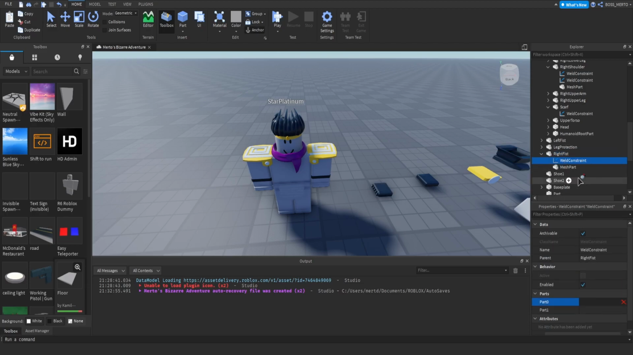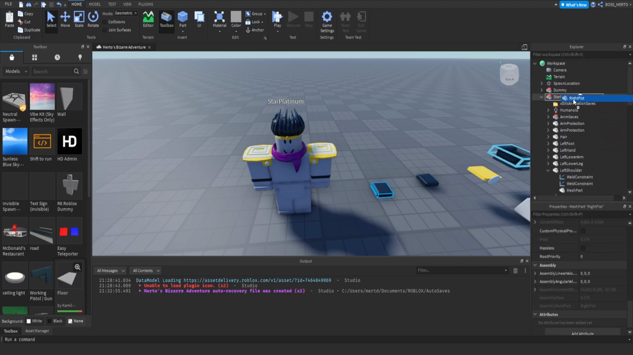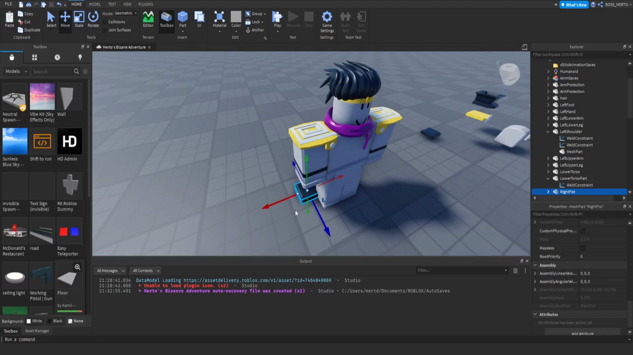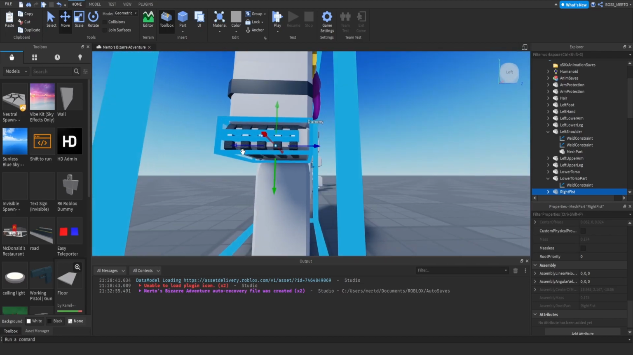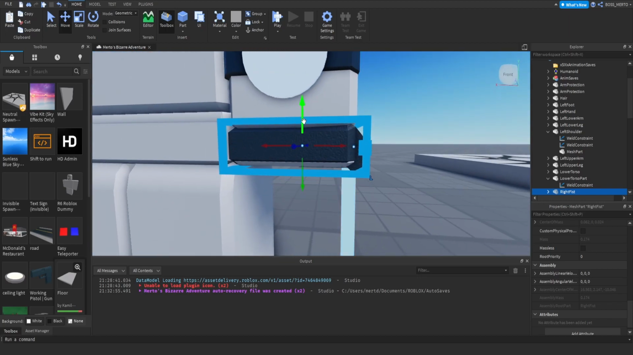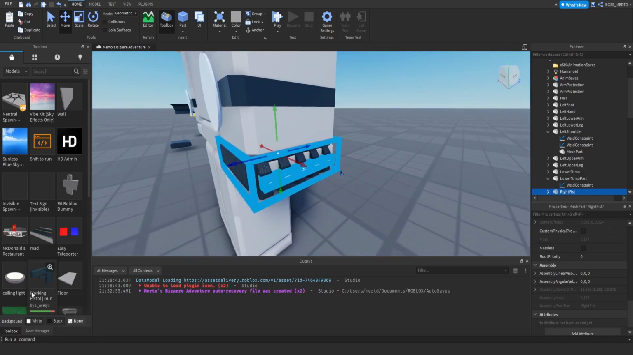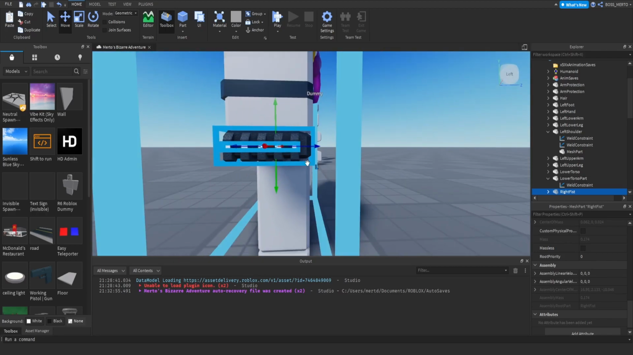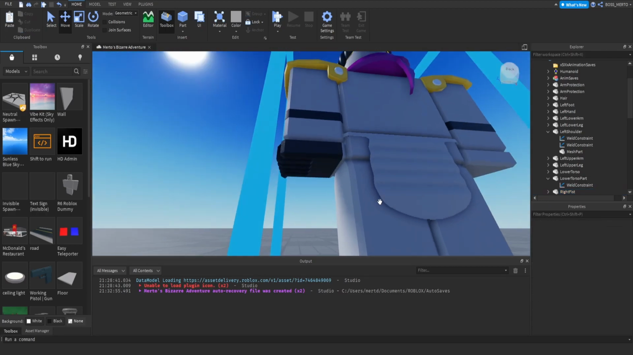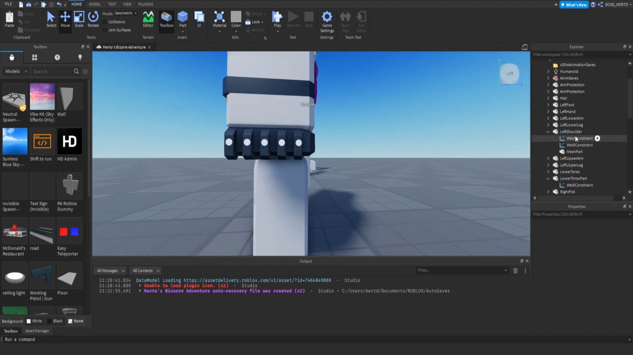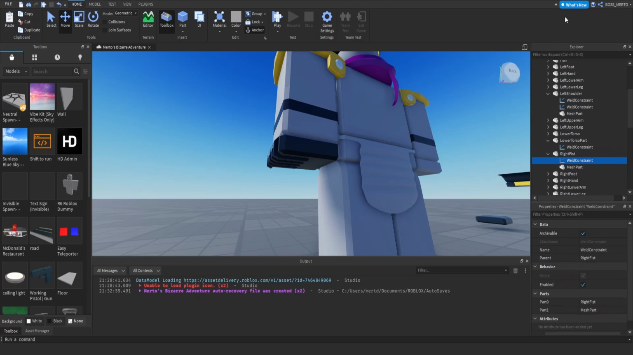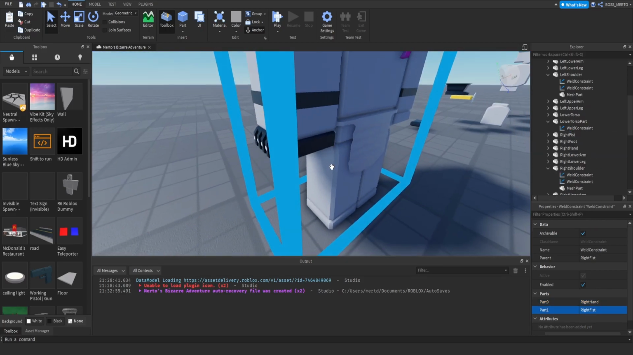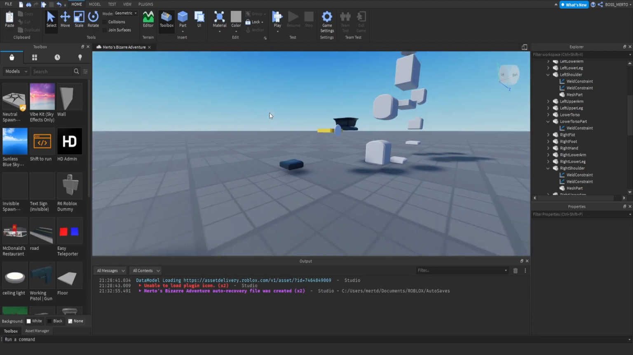So right fist. There we go. Okay, there we go. It actually looks so weird, but well, that's just how it is. Let me change the material. I didn't do that. I don't know why. Okay, duplicate this weld constraint, and so port 0 is our right hand, and port 1 is this right fist. Okay, now let's do the same for the left fist,